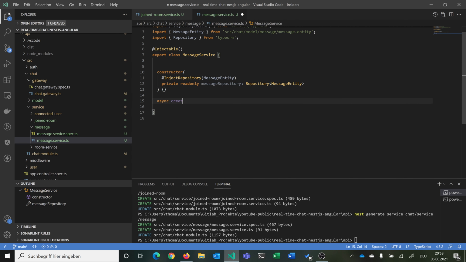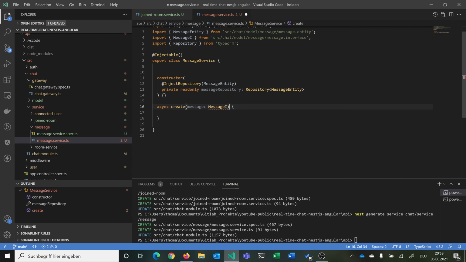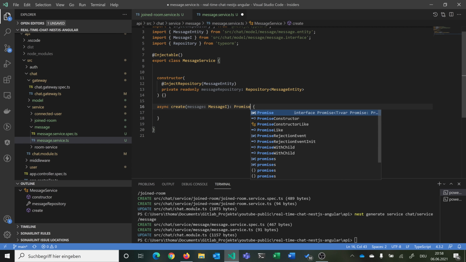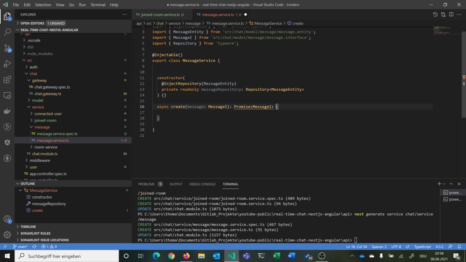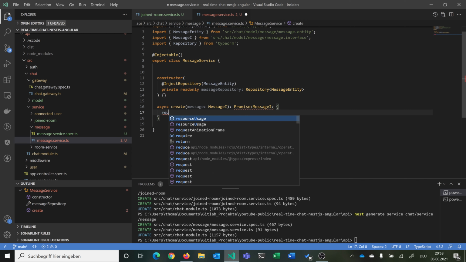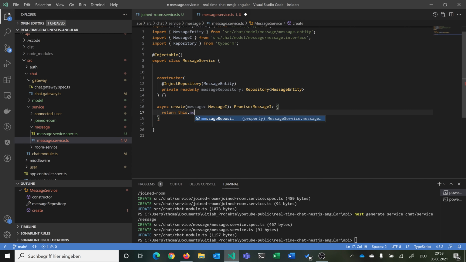And then we say async create, and here we want to create a message which is from message interface, and we return a promise also from message interface, and then we simply say return this.messageRepository.save,